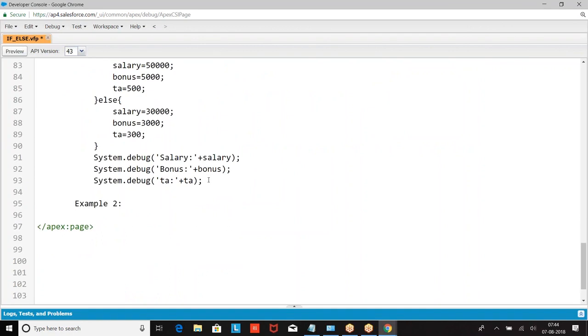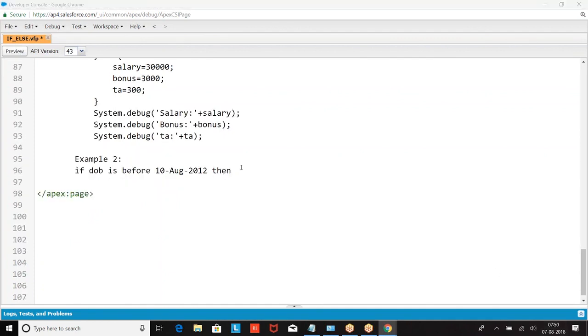Now everyone take your own condition, write if else, take your own requirement, take your own scenario, write the example with if else. Everyone form your own example, take your own data, take your own condition, write the code. Everyone make an attempt at taking your own condition and write the if else.